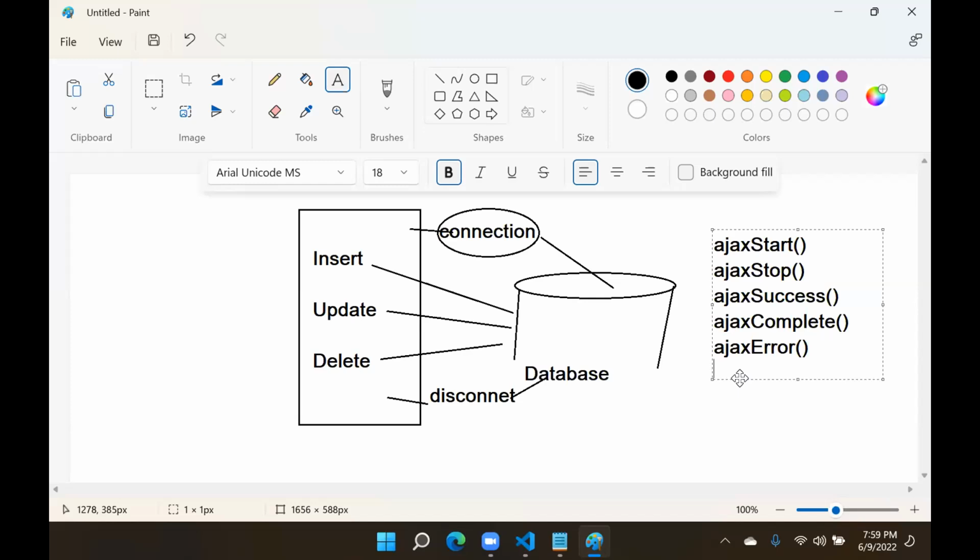What is the purpose of this? To track the status of the task that is being performed. This is the life cycle. What is the purpose of a life cycle? It is to track every phase. That means